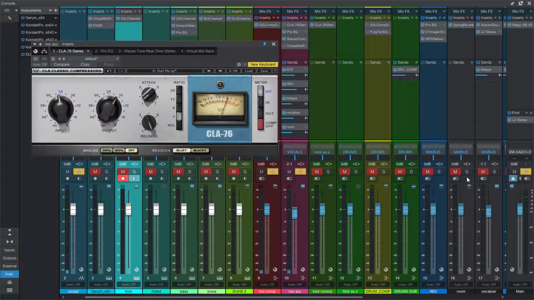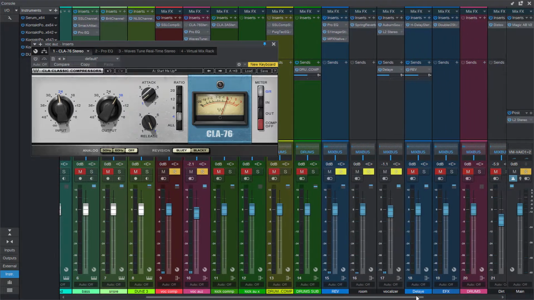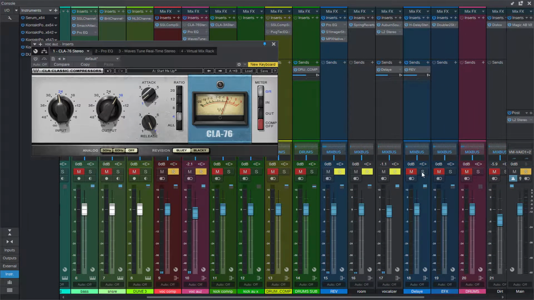With the compressor, and without the compressor, the vocal sounds lifeless. If you have a big expensive studio,